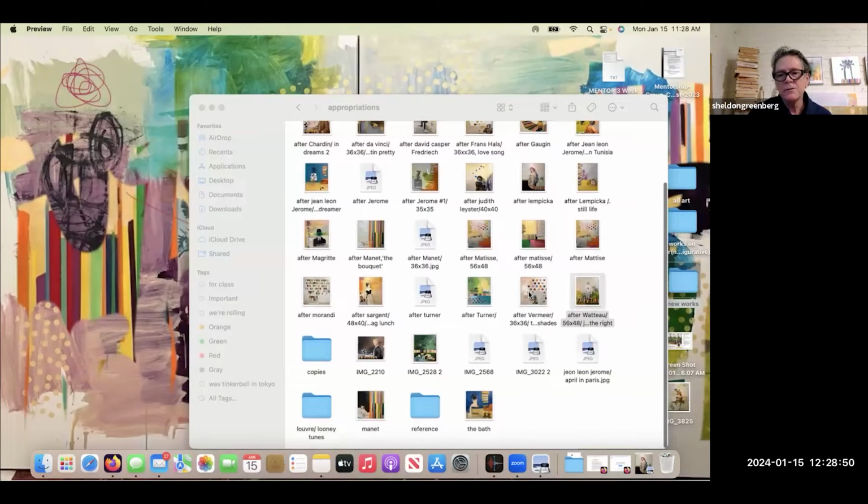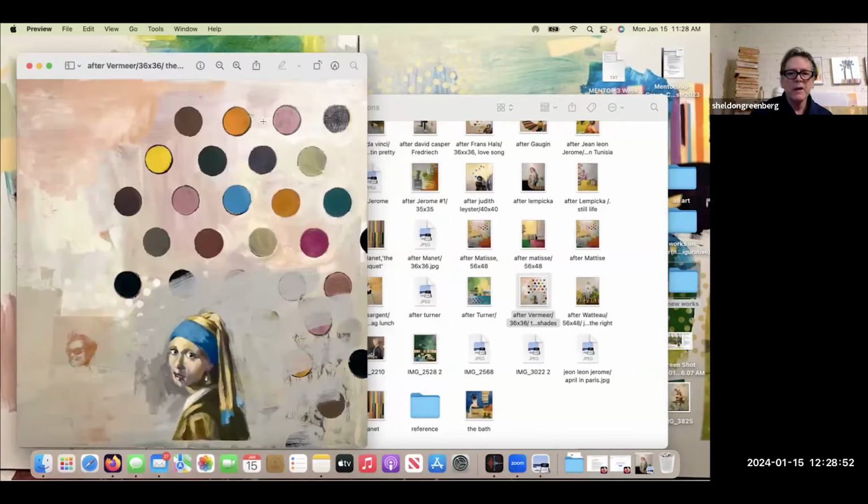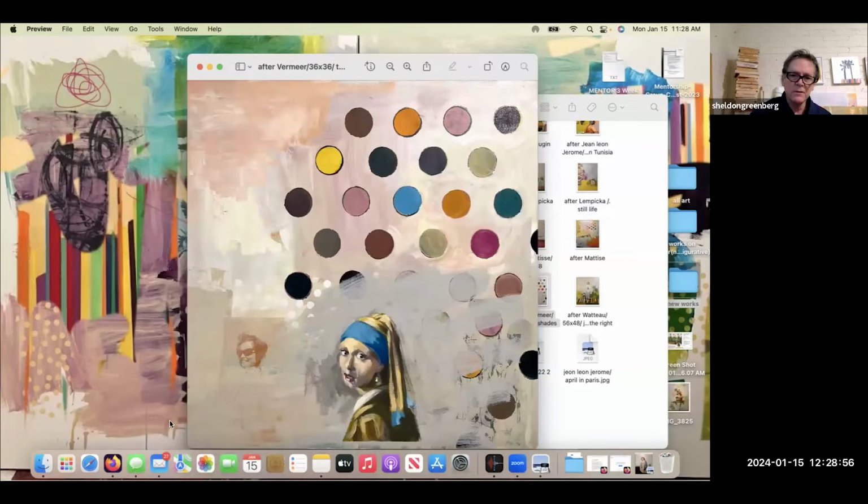What else? I could show you this one. I'm sure you guys are all familiar with Vermeer. And so I painted everything. The silk screen of this figure is silk screen, and then everything else is painted. This is actually a mixture of oil and acrylic paint. And again, you can see how I'm really playing with taking out, putting in, really adjusting for what I find is the most interesting thing, and what's working for composition and what's not.